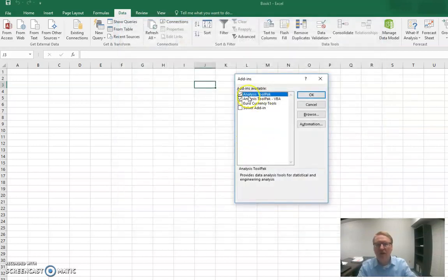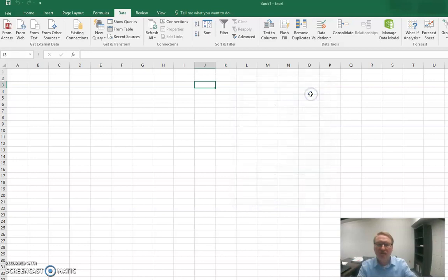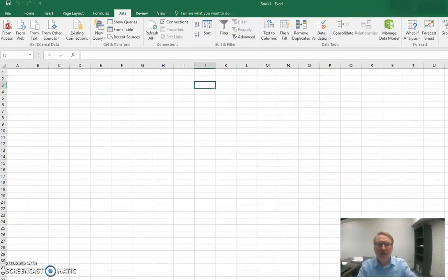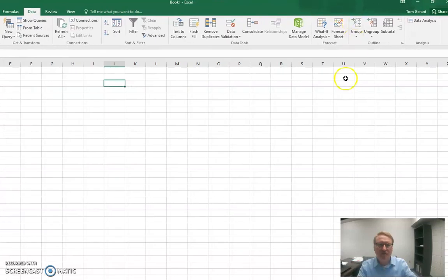It brings up this little box. And there's two here. I checked both, but either one should be okay. So we're going to add Analysis Toolpak to our Excel and hit OK. And now, if you check, or you may have to shut down your Excel and start back up again, but we're going to be doing much of the statistical calculations in Excel because it's much easier than